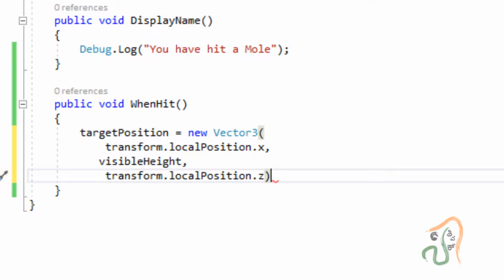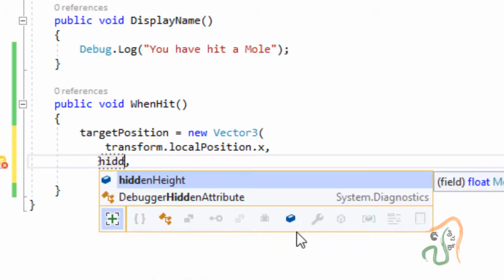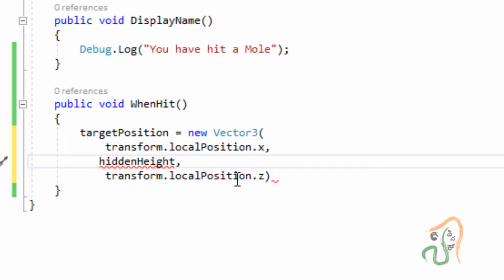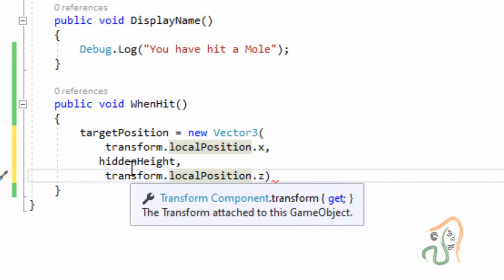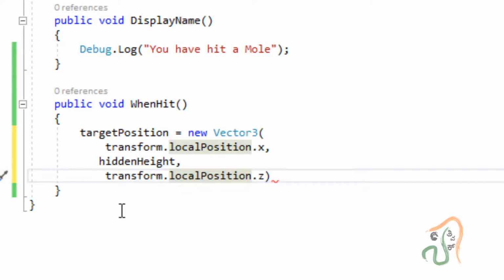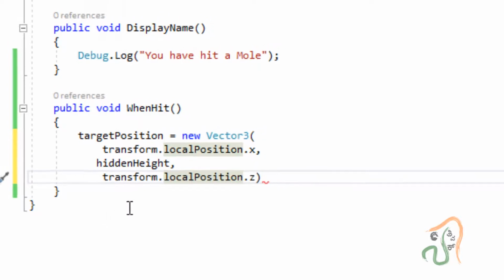But here once you paste it, instead of visible height, let us change this to hidden height. That is, when we hit the mole, it should go into the hidden height. As soon as we hit it, this should go into the hidden height.